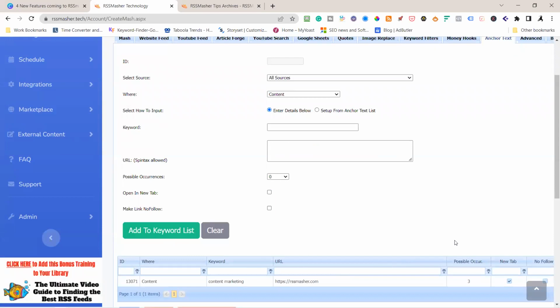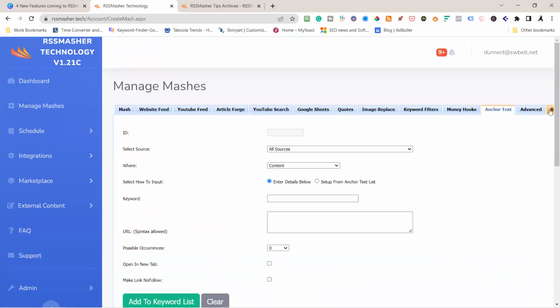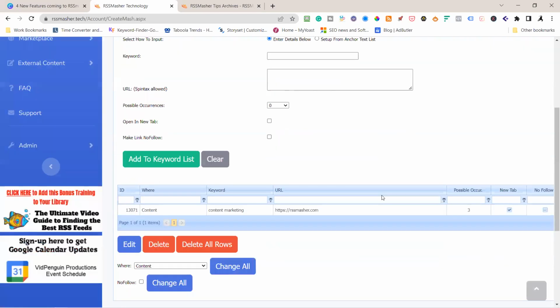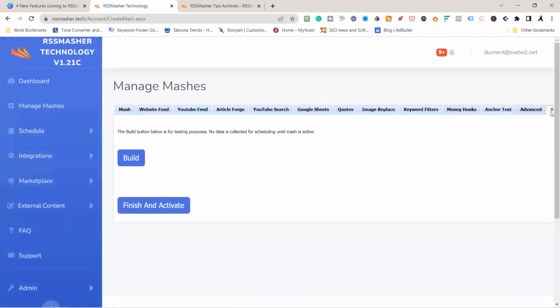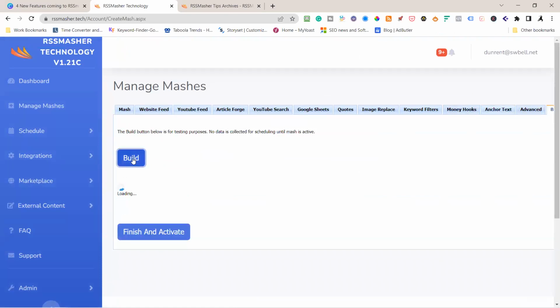Okay. Now I'm going to come over here to build. Now you can drop in, you can do it from an anchor text list. So when I talk about anchor text swapping, this is one way of doing it, or you can do it inside of pretty links. I use this all the time to do anchor text. And you can always come down here, delete all rows, or delete that one. So I'm going to come over here to build, hit build,